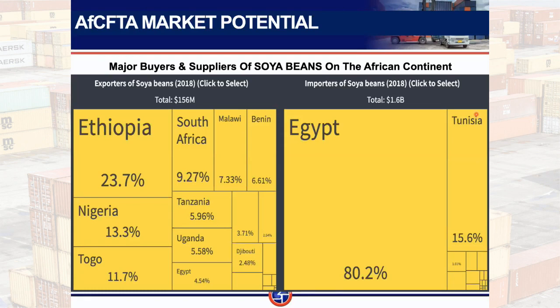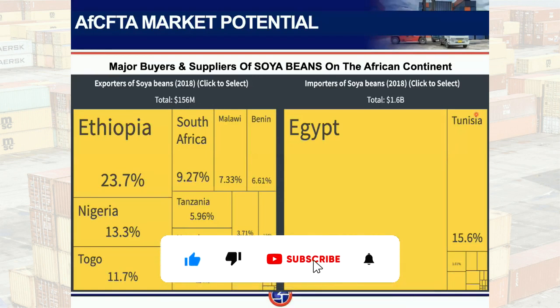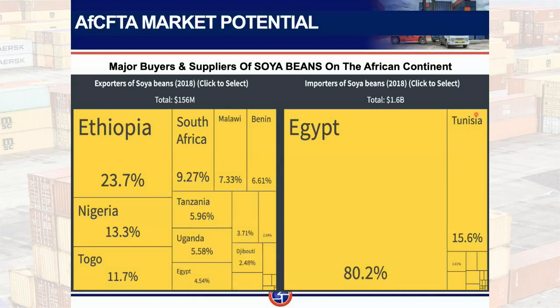And do you know what's driving the craze for soya beans? Do you know what is making demand for soya beans to be almost $60 billion? It is because soya beans is now being used as a replacement for a number of hydrocarbons. So apart from using soya beans for food